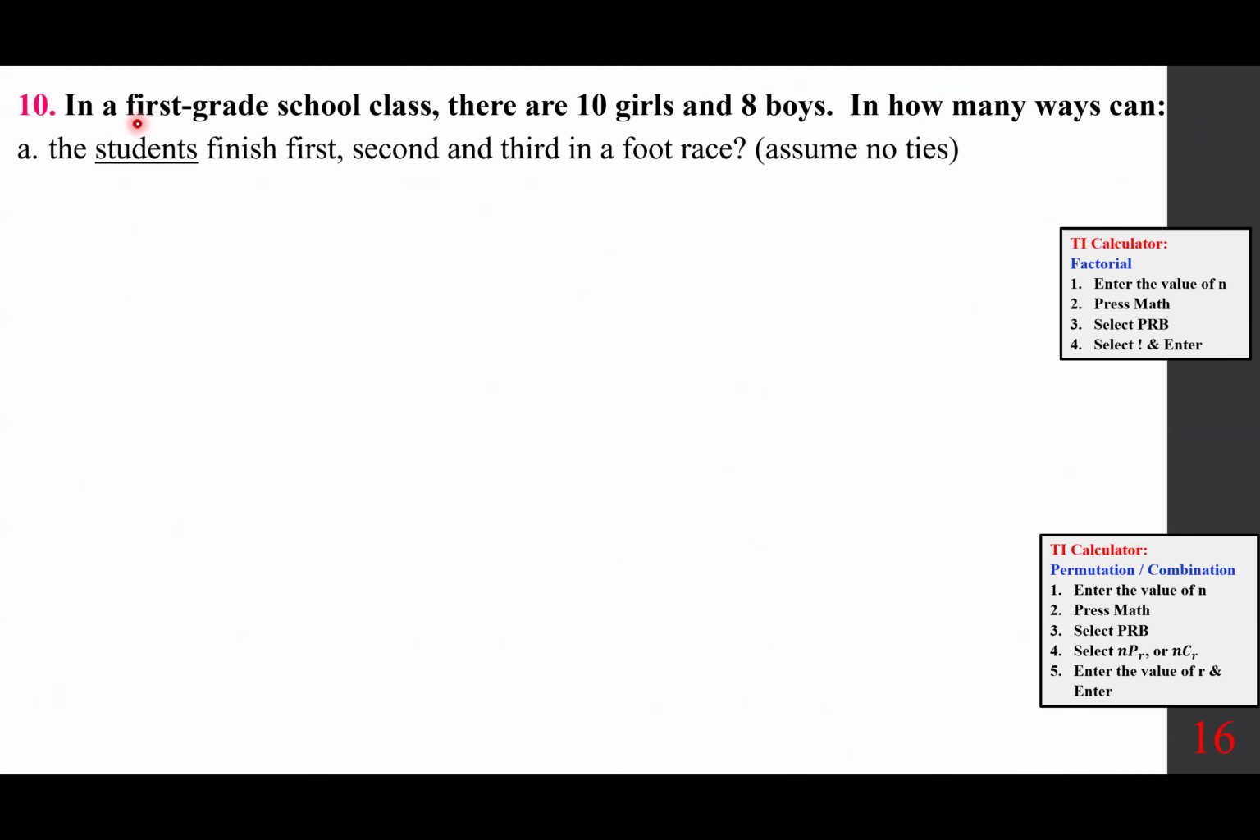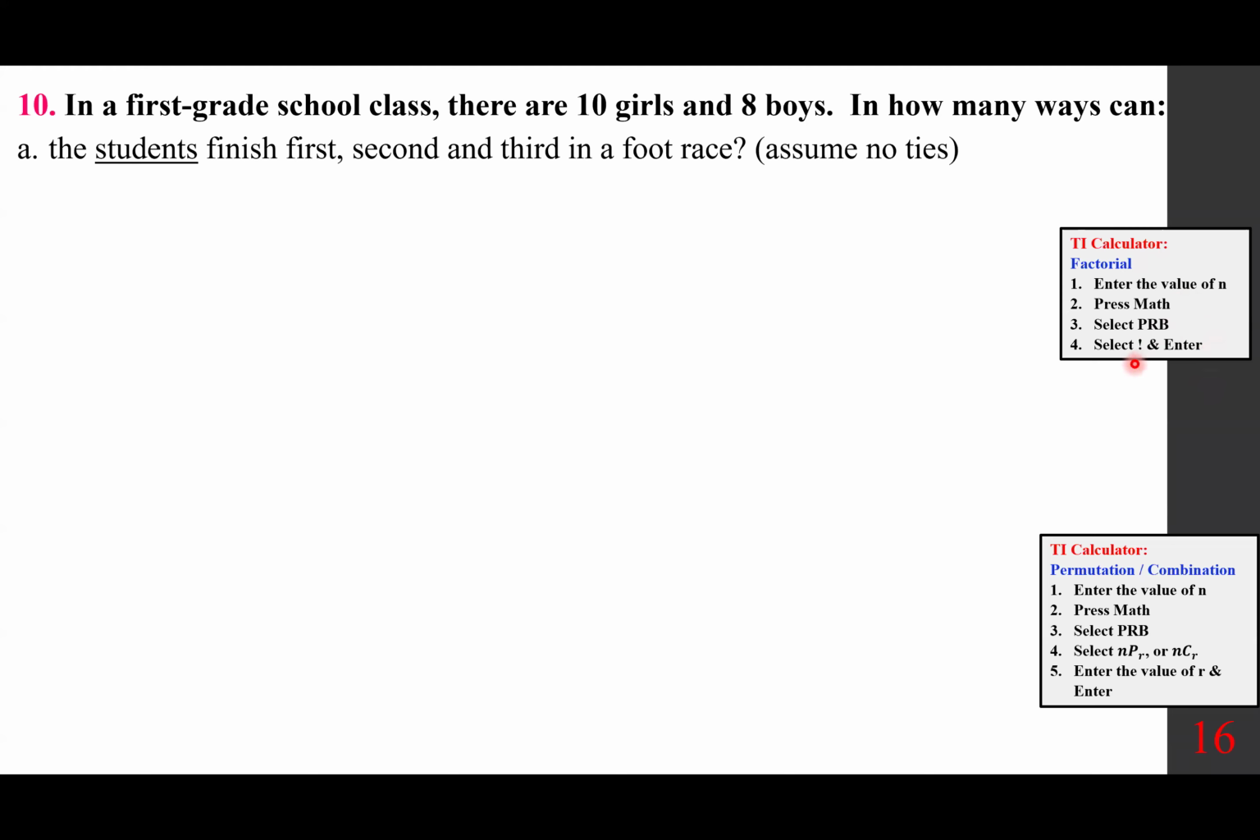In a first grade school class, there are 10 girls and 8 boys. In how many ways can the students finish first, second, and third in a foot race? Assume no ties. Obviously, we are dealing with a permutation. Order is important. And by the way, I'm giving you information how to use the TI calculator to find